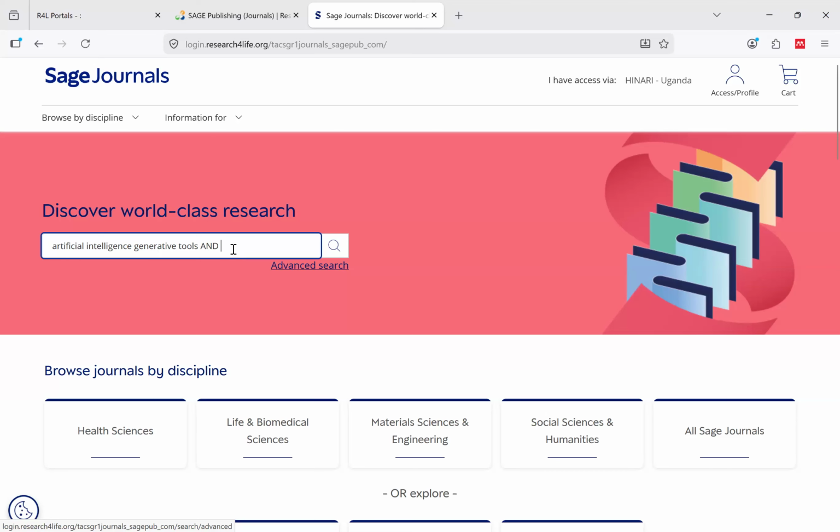Sorry, I didn't hear you clearly. Okay, let me do research. Ethical use and research. But okay, let us do artificial intelligence, generative tools, and research.